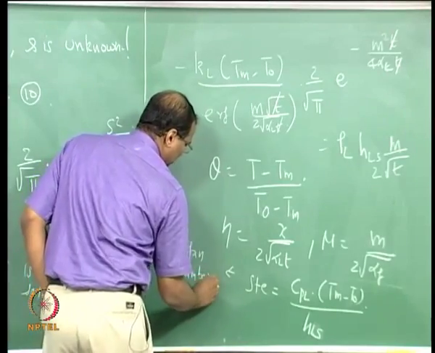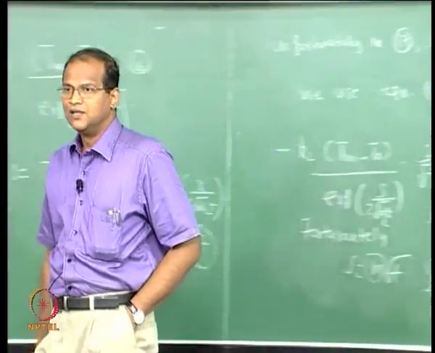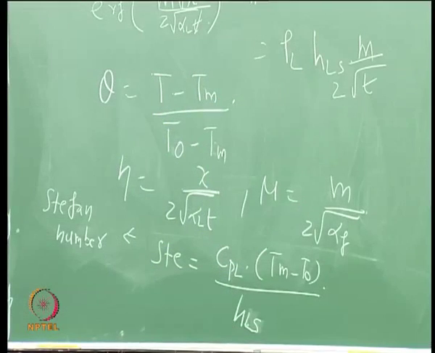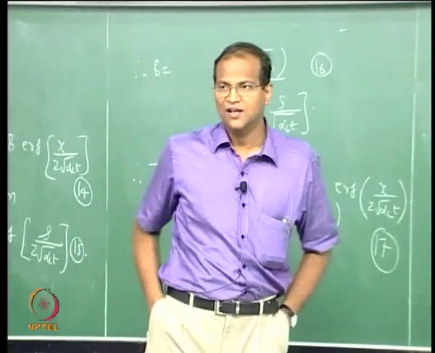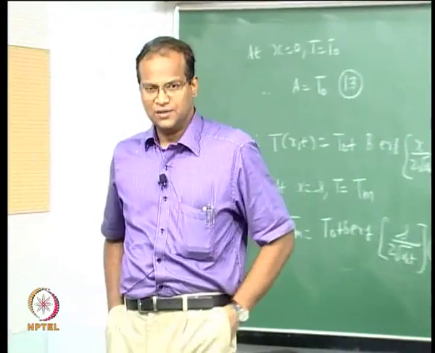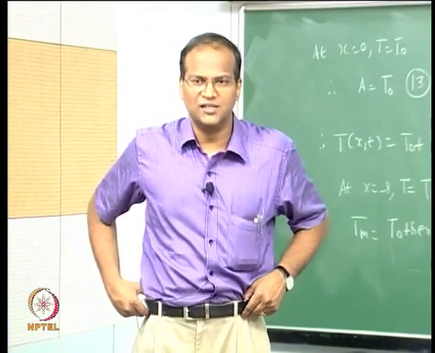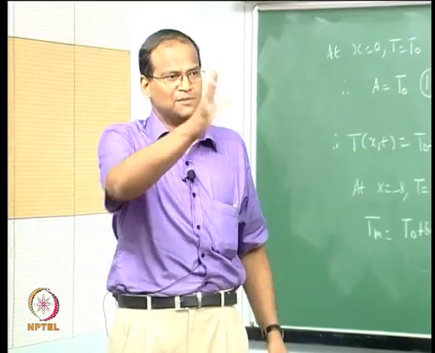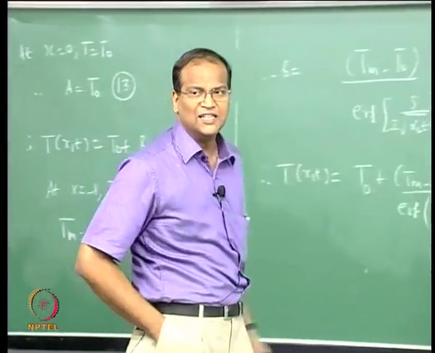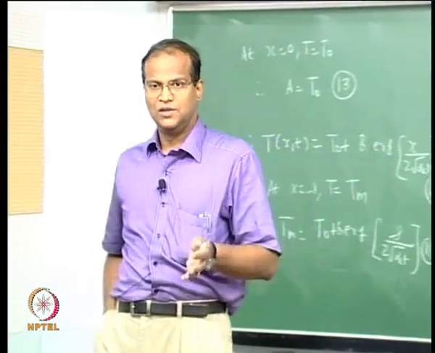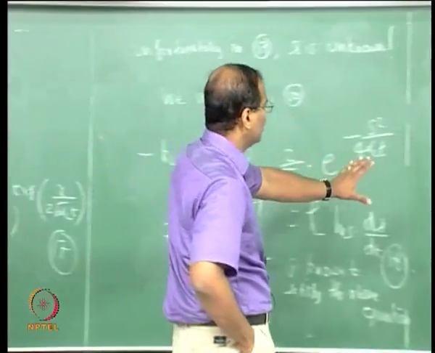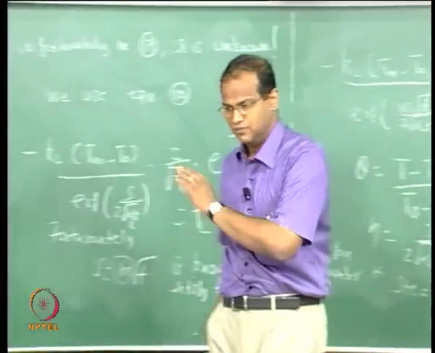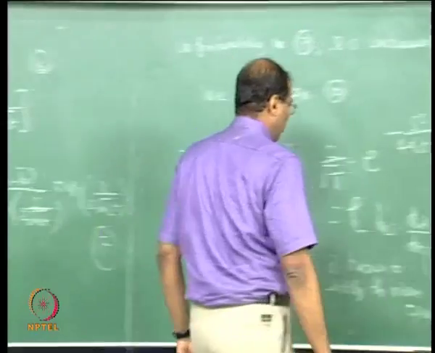Please recall that this is the Stefan problem. The Stefan number is very important because it gives you the ratio of the sensible heat addition to the latent heat. It is a critical link between the sensible heat addition in the problem and the latent heat addition in the problem. Please remember that the latent heat addition takes place at the interface, whereas the sensible heat addition takes place only on the left side of the problem. On the right side of the melt front there is no sensible heat addition. With this we will have to play with all this and then do something to that, and hopefully we will get the solution.